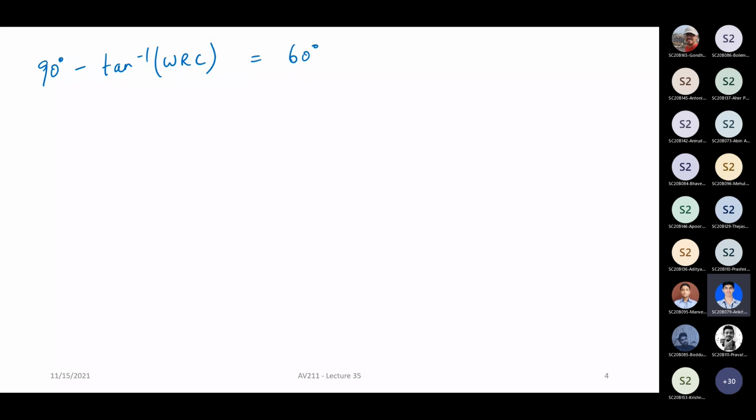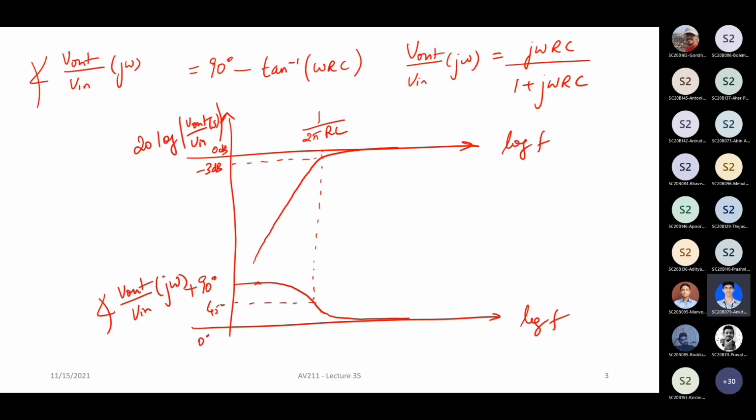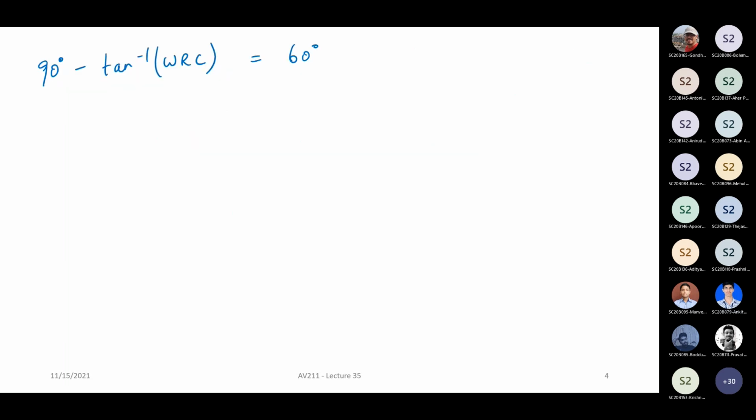Thank you. Sir, in the graph, how did we get to know that at 45 degree it will be at omega p? Okay, that's a property of the... I didn't cover that, is it? Okay, so no problem. Let's look at it.